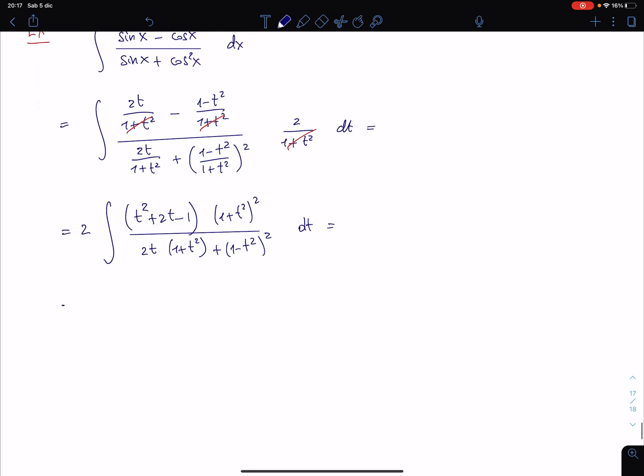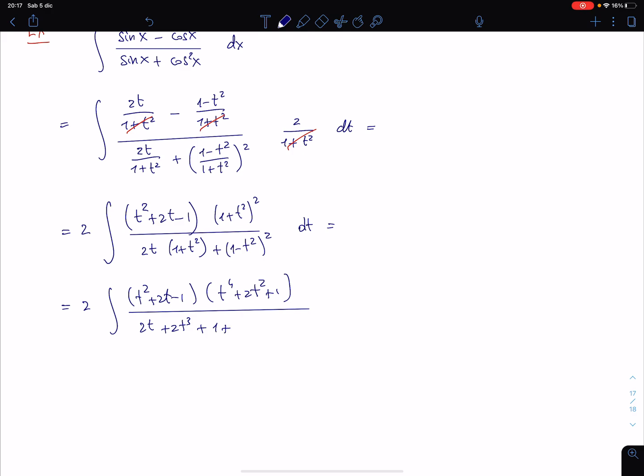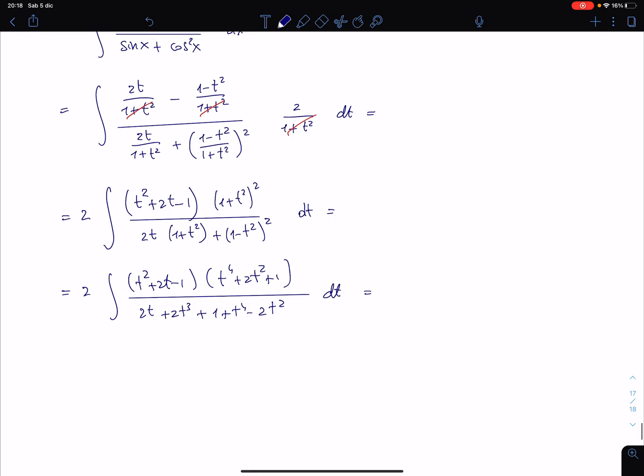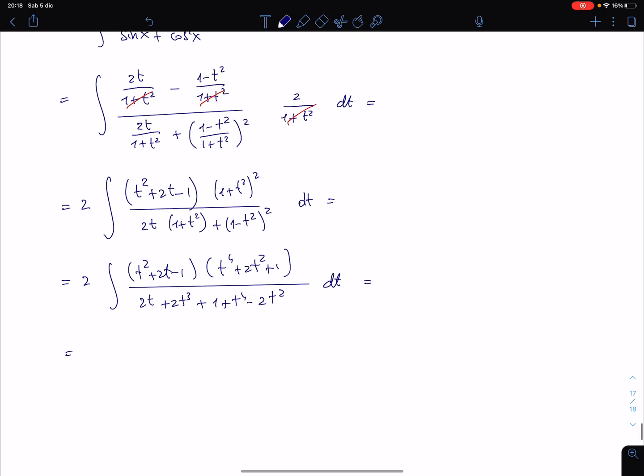Okay, here you have 2 times t squared plus 2t minus 1, and here t fourth plus 2t squared plus 1, and here 2t plus 2t cubed plus 1 plus t fourth minus 2t squared in dt. So here you have 2 times,